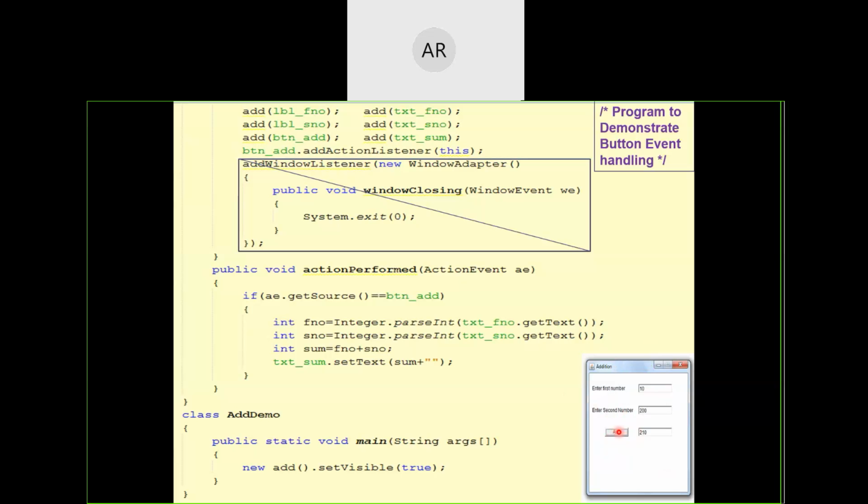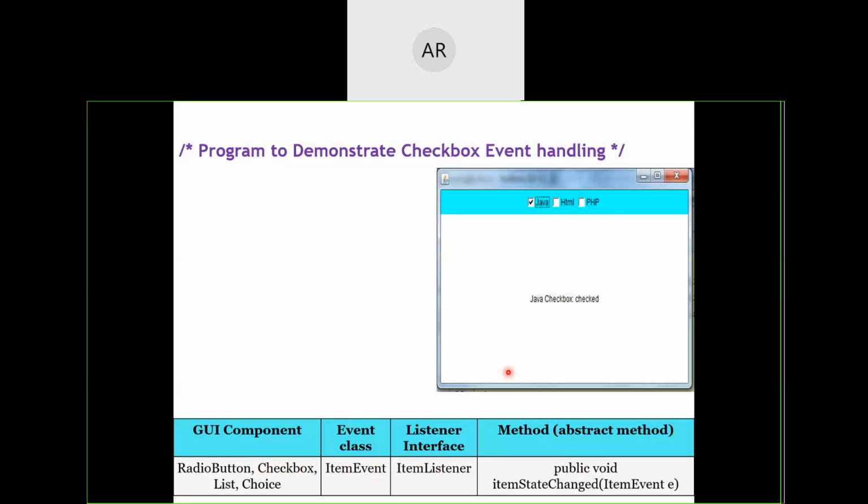Fine. So now in the next part, I have kept one more program for you, but here I am going to have checkboxes, event handling. What will happen if one of the checkboxes is selected and deselected? The graphical components pertaining to this are radio buttons for your checkbox group, checkboxes, list, and choice.